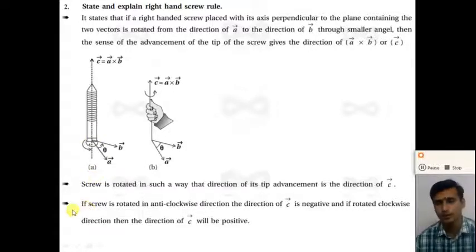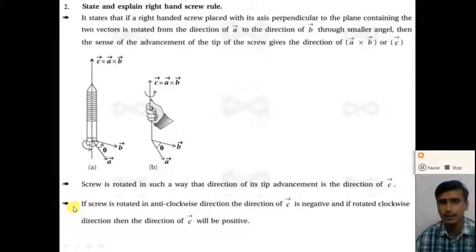that is the direction of b cross a. So dear student, remember one thing, first of all, place a screw perpendicular to the plane containing vector a and vector b, right? Now, if you rotate the screw from a to b, the direction of the movement of the tip of the screw is considered the direction of a cross b. And if you rotate a screw from b to a, the movement of the tip of the screw is in the downward direction, that is the direction of b cross a.